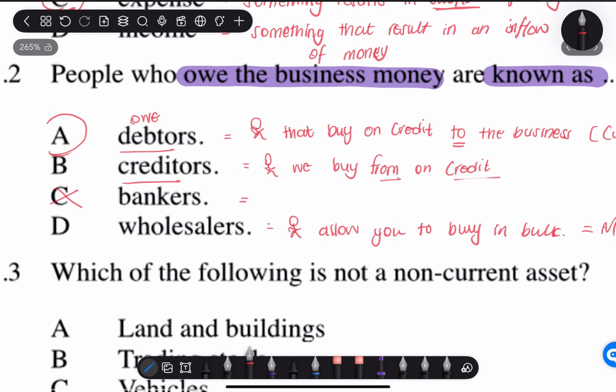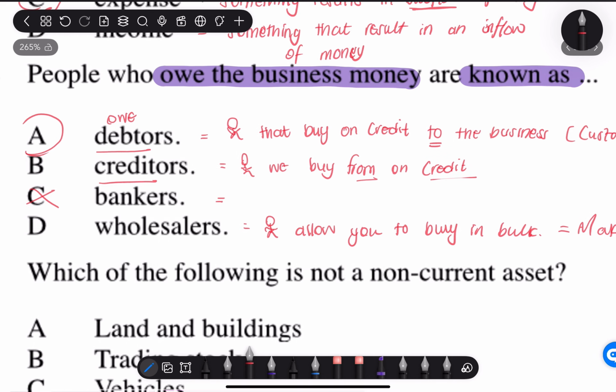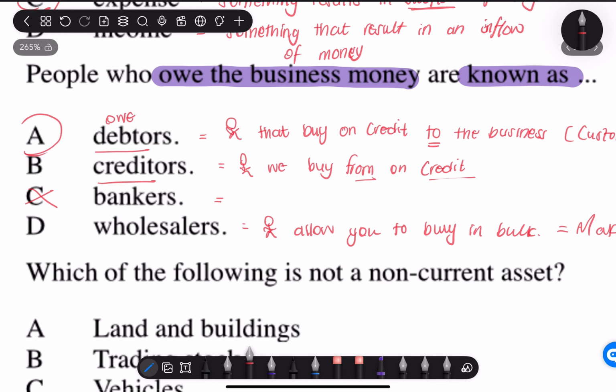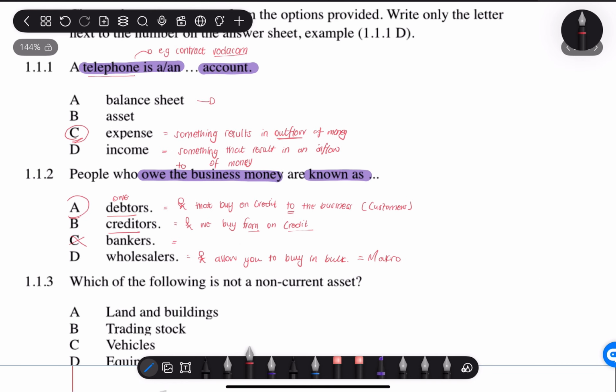People who owe the business money, owe the business, so to the business. People that buy on credit to the business, and we buy from, so debtors. Sorry, I'm just rereading this statement. So it is debtors. People owe the business money. These are our customers. Our customers owe us money. But people we owe money are creditors. So when we buy out,